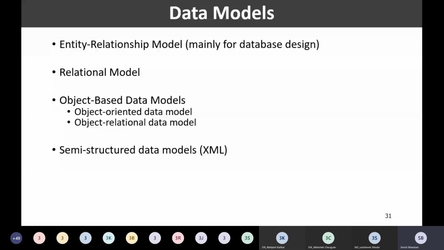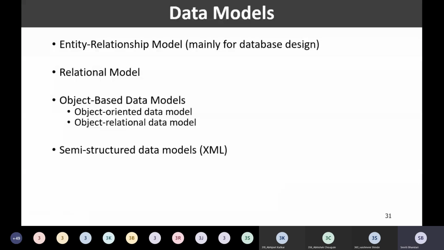It is not mandatory for me to have such a fixed structure to store the same kind of data. So if I want to store instructor in a semi-structured data model, then not necessarily do I have this fixed form to store the records, right?